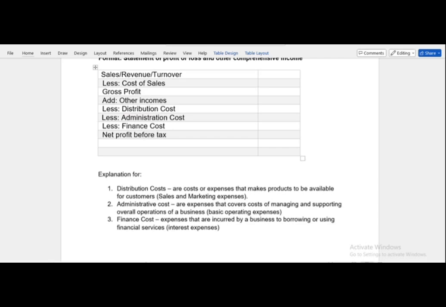Net profit before tax. And then after that, you take net profit before tax, you less taxation or income tax for the year. And then you're going to get net profit for the year, or you can say net profit after tax. That is net profit for the year anyway. Then you are done. This is your format